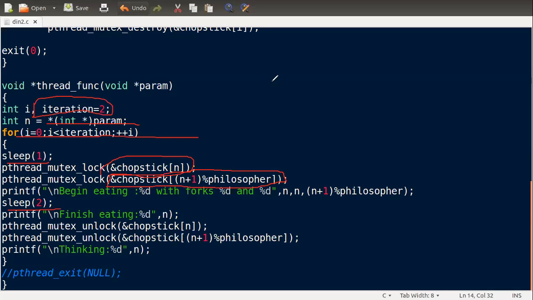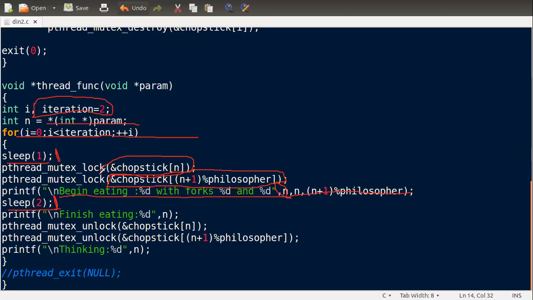So what we are seeing is that the printf statement, begin eating %d, prints messages which are important to understand where we are executing and what is actually happening inside the program. So begin eating, nth philosopher started eating, with the chopstick number n and (n plus 1) mod philosopher. So whenever this chopstick is locked, both chopsticks are taken by the philosopher. The philosopher started eating. So what we do, we allow this philosopher to eat for some time. So we do sleep over here. This sleep is to give a chance to other philosophers. You may or may not write the first sleep, but this second one is necessary to allow the philosopher to eat, because we have locked it.